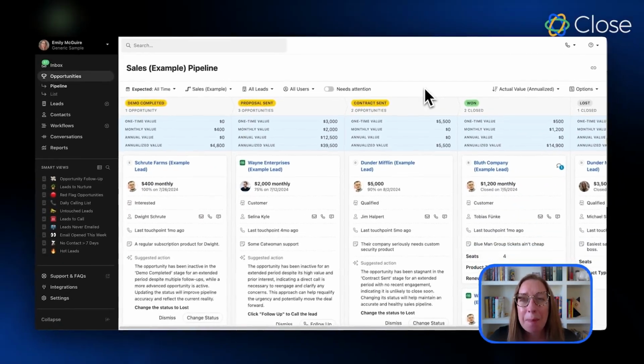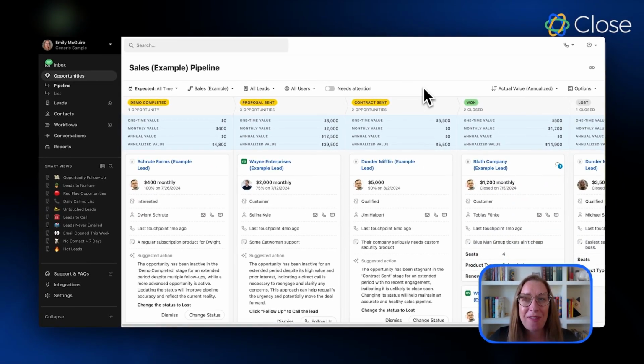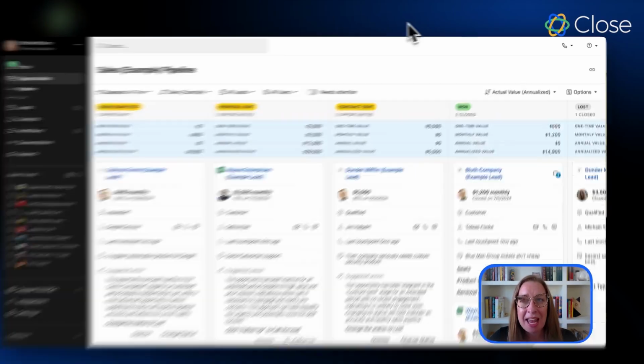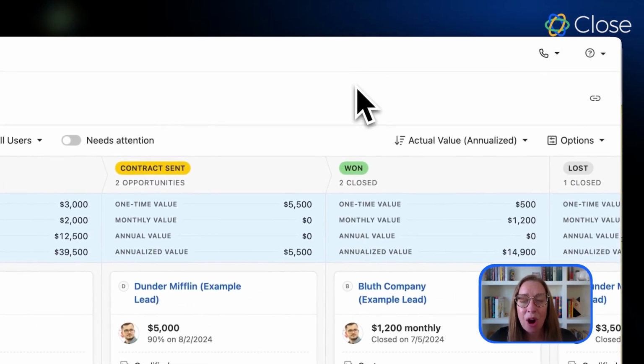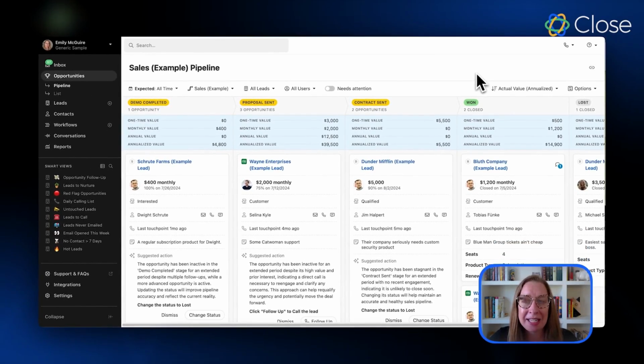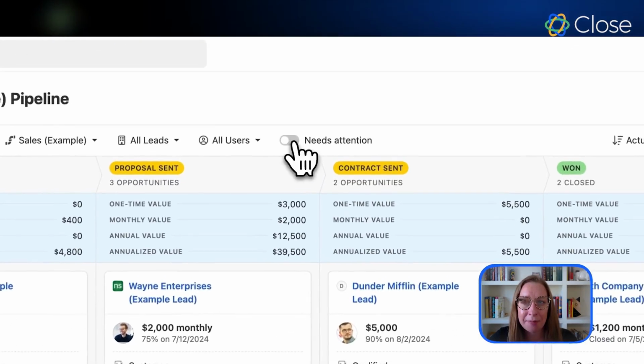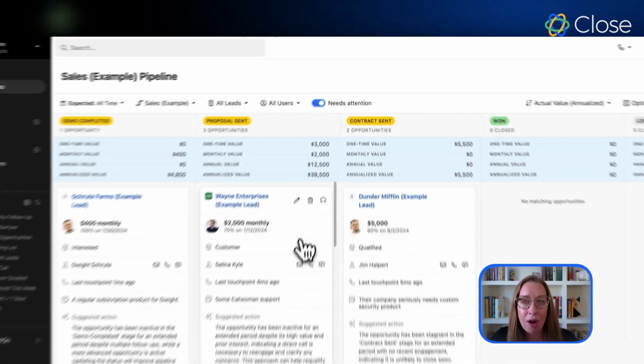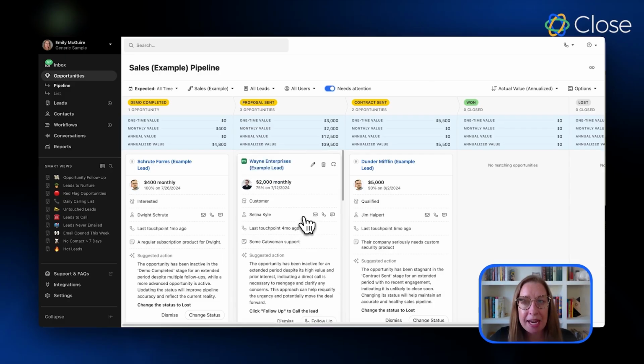Now let's talk about our pipeline guidance feature. If you've ever been stuck on what you need to focus on for that specific day, this feature helps you target the deals that are ready to close today or need immediate attention. All you have to do is toggle on the needs attention toggle right at the top of the pipeline screen, and it's going to focus on which deals need your attention today and even give you suggested actions right on